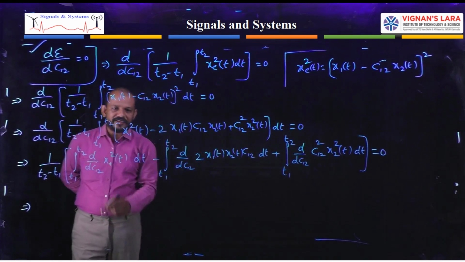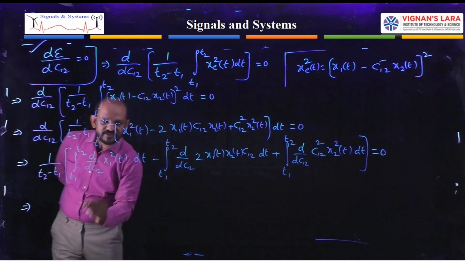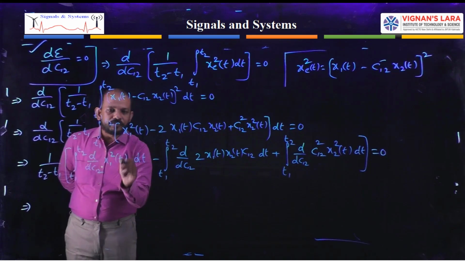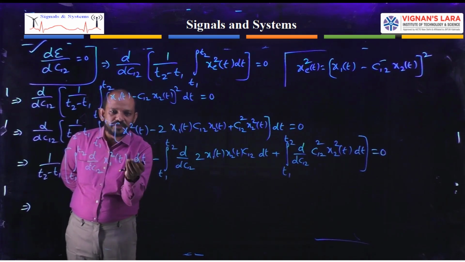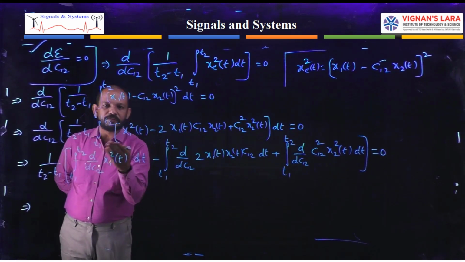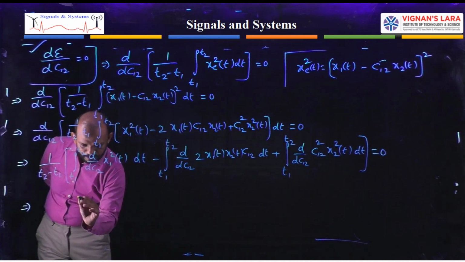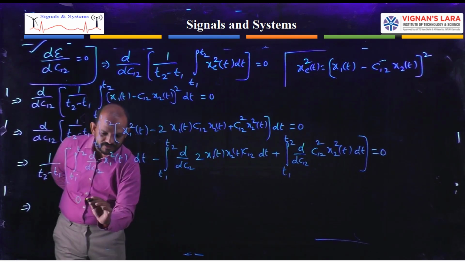So first I went for the cross multiplication and this will be 0. Next, for this I am differentiating with respect to c12. The term is x1 square of t. In this x1 square of t there is no c12, so we have to treat this as a constant. Differentiation of a constant with respect to c12 is 0. So this term I will get 0. Next, minus